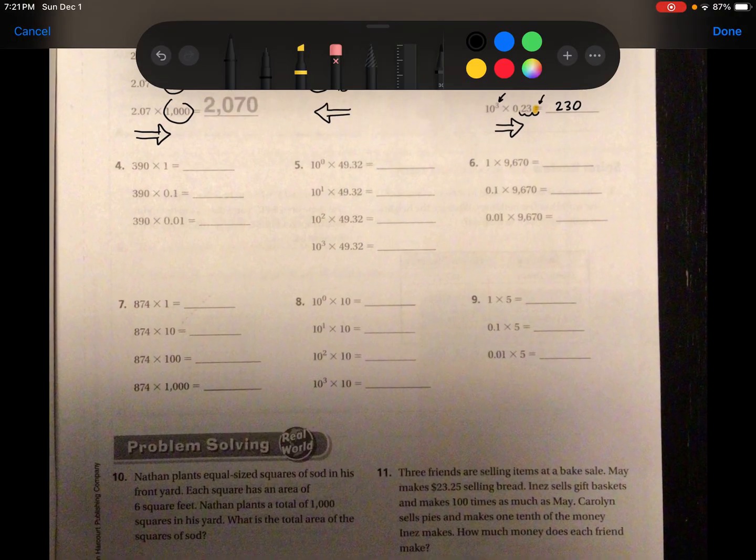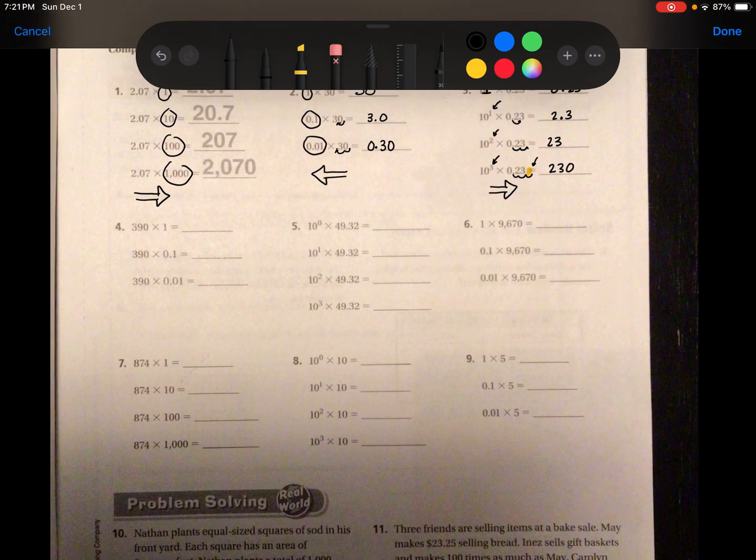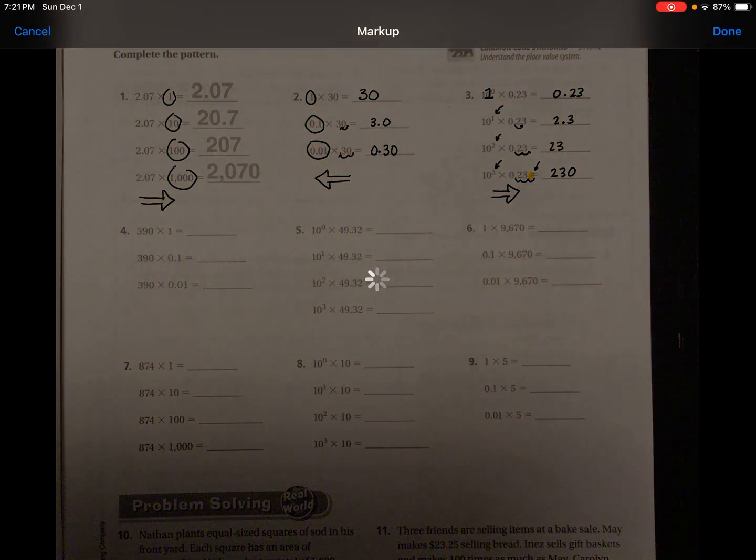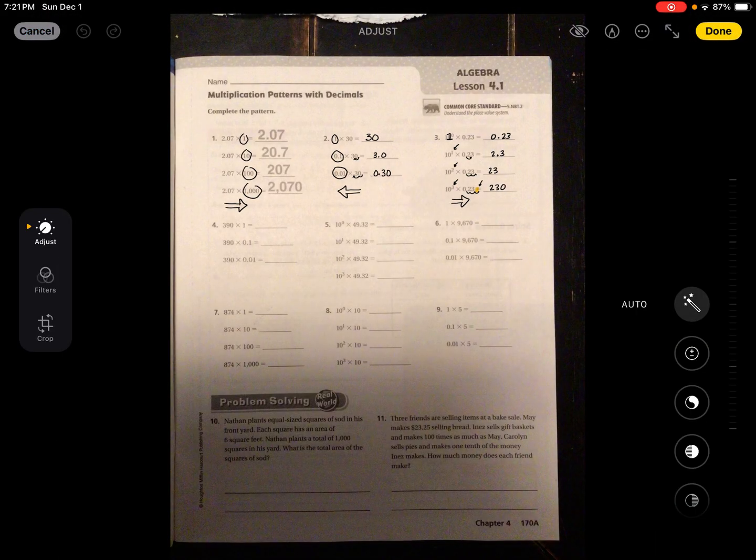230. So now you are going to finish 4, 5, 6, 7, 8, and 9 on your own. Then you'll do